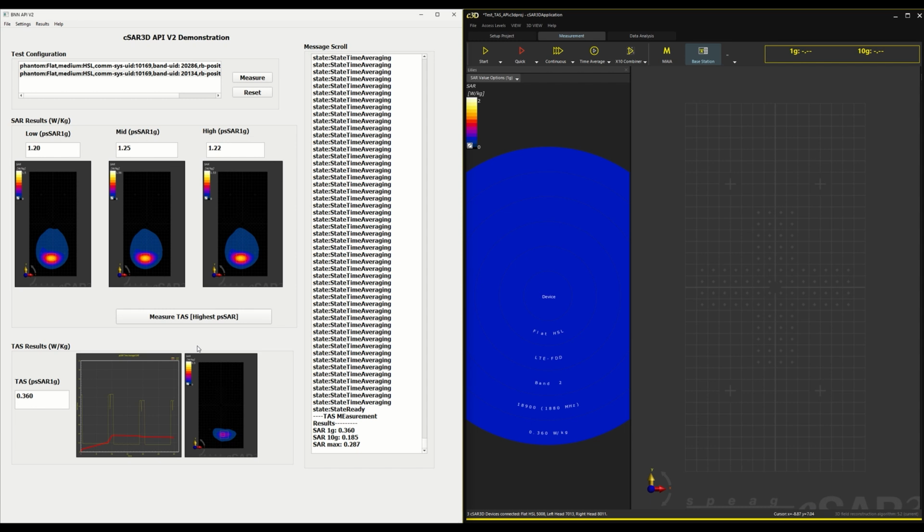This simple custom application demonstrates the power of the API. It can, of course, also be used to create more complex custom applications. One important use of this API is the possibility to implement cSAR3D measurements in custom made Callbox software. Many test labs have developed their own base station simulator code used for setting the device and the base station subsystem in the required port. By having the cSAR3D API, a SAR measurement can be automatically triggered at the right moment, bringing the lab automation to the next level.